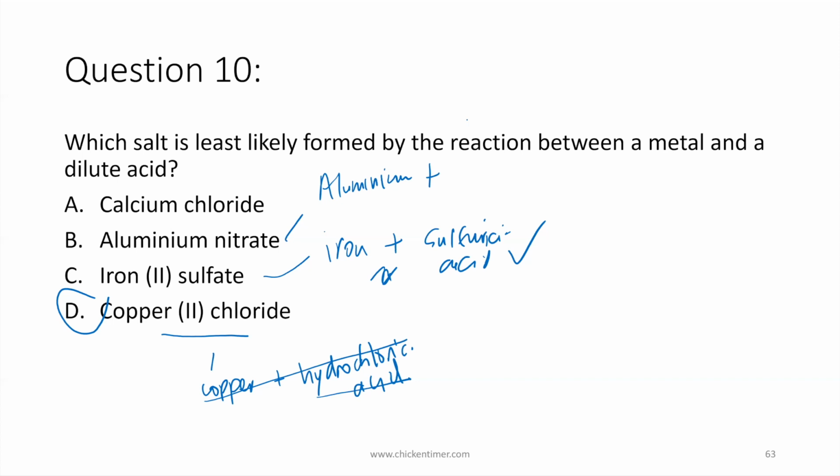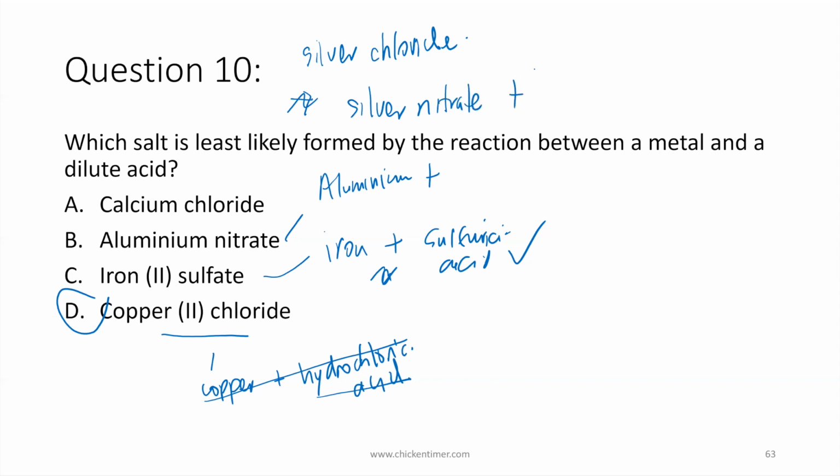Some questions put silver chloride. Write a balanced chemical equation for that. But silver is an unreactive metal. Which question? No, some question in the exam papers. Silver chloride. Yeah. Form a reaction. So this one, right, you will have to use two reactants that are soluble in water. So you will use silver nitrate